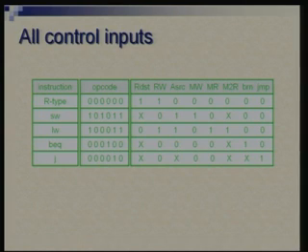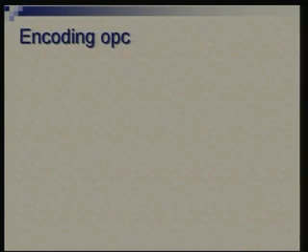Now in the overall design there were 2 control boxes. This is the main controller, and after this we can look at the second controller which controls the ALU. As far as this is concerned, we have completed the design up to this point. We have come to the truth table. Now we first define how we are encoding OPC.